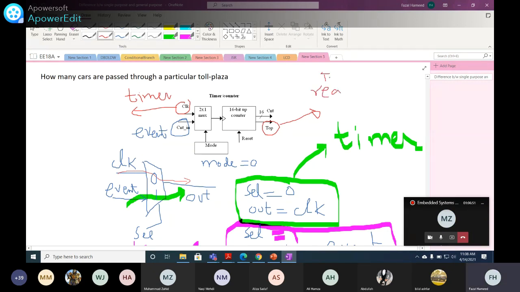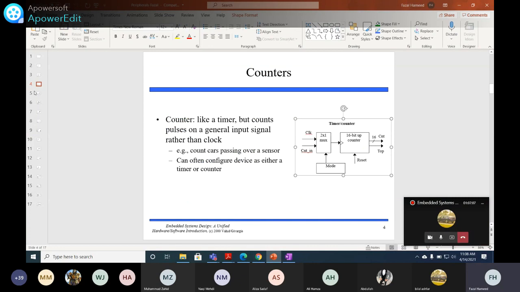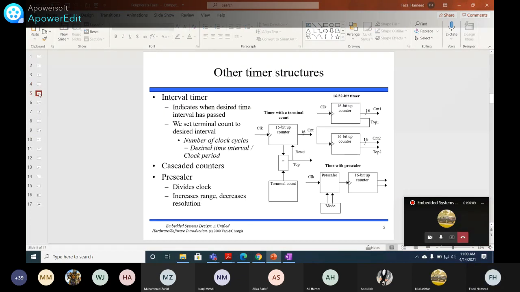Top will be 1 when the counter reaches what? Tell me, beta. Maximum. When the counter reaches the maximum value. Okay. Now